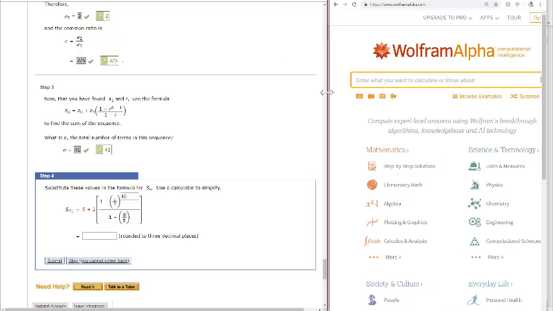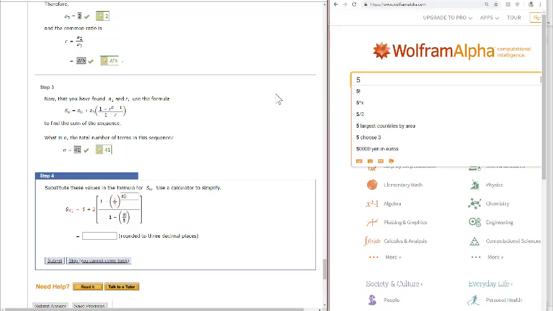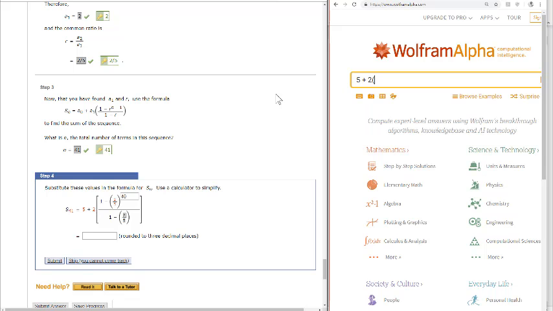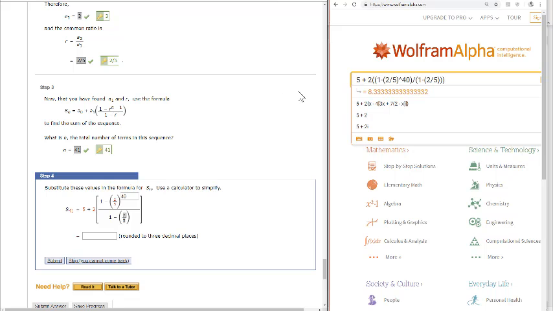But again, I'm going to use Wolfram Alpha. So we have 5 plus 2 times a big fraction. In the numerator of the fraction, I need extra parentheses: 1 minus 2/5, close the parentheses, to the 40th power. And that takes care of the numerator. And then for my denominator, I'll put parentheses again: 1 minus 2/5, close the denominator parentheses and close the big parentheses. And I got